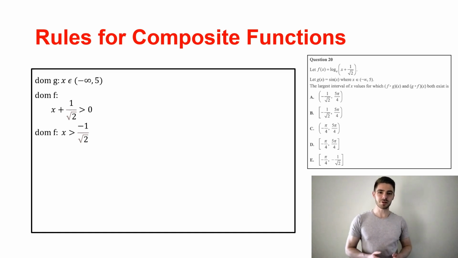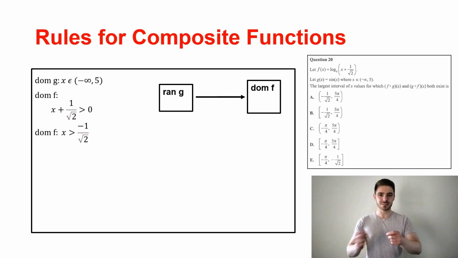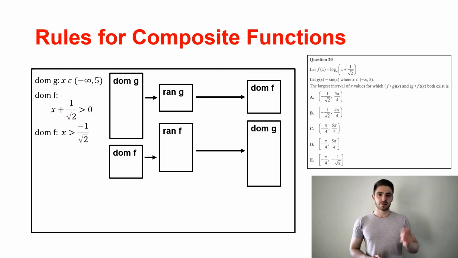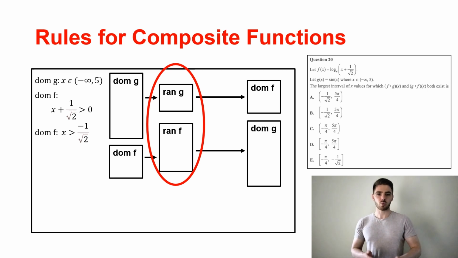Now that we know the domain of each of these functions, this tells us the maximum allowable range of each of the inner functions. Again, this is because each function needs to be able to fit inside the other one, and it can't do that if its range of output values is greater than the outer function's input values. But remember, the range of the function is dictated by its domain. So, now that we know what range we're after, we need to work backwards to figure out what domain